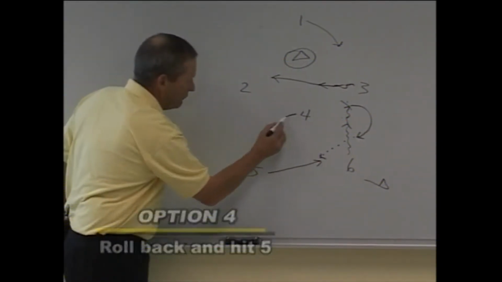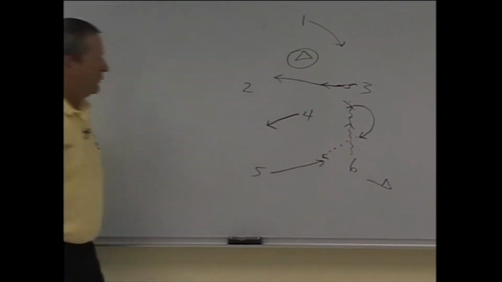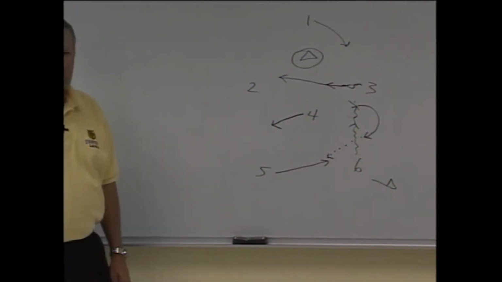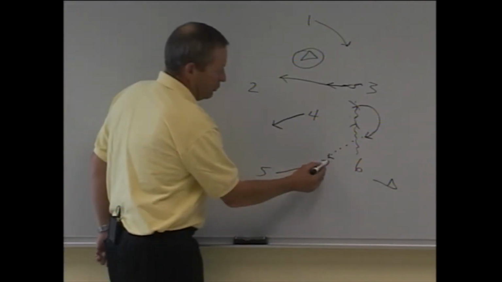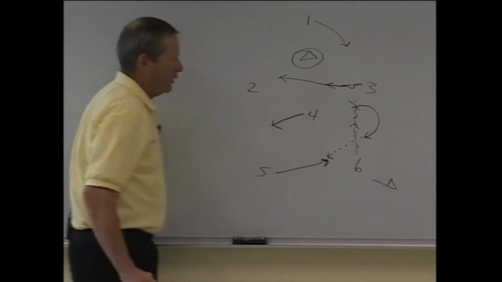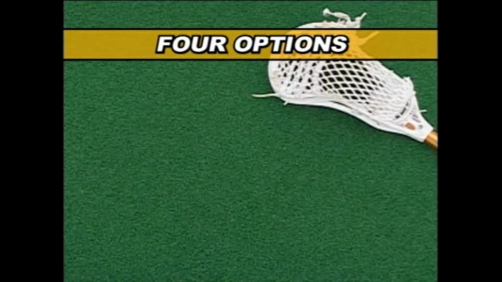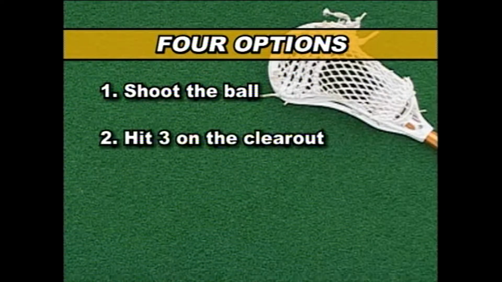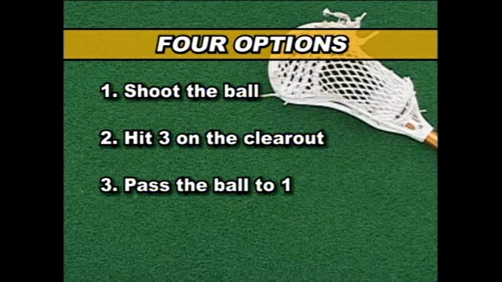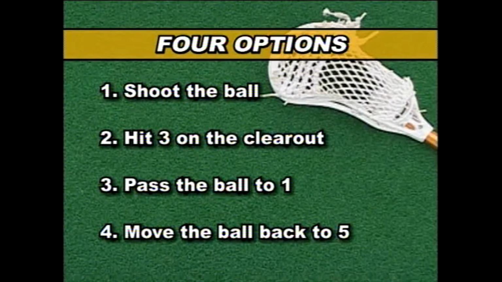And remember, we have moved 4 out off the crease. So now 5 will have options as he catches the ball. So we have given number 6 here 4 options. 1 was to shoot the ball. 2 was to hit 3 on his clear out. 3 was to pass the ball to 1. And 4 is to roll back and move the ball to 5 and start the ball going the opposite way